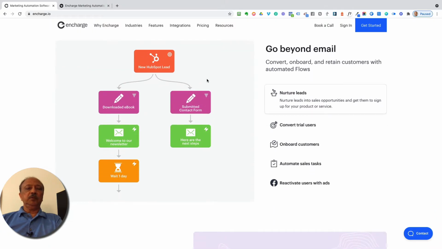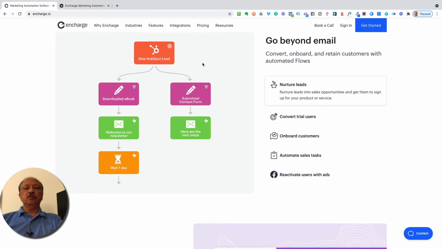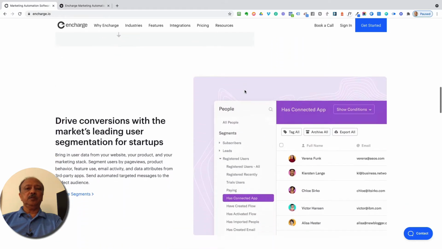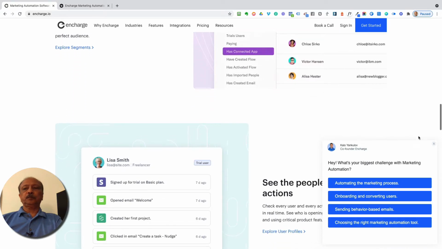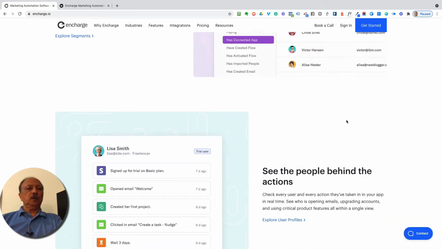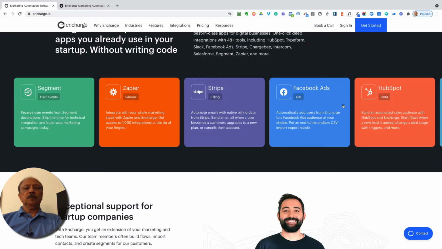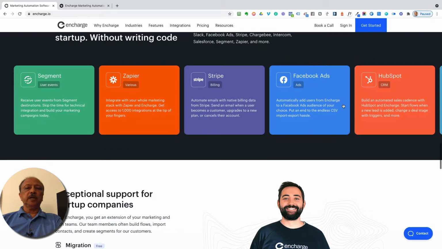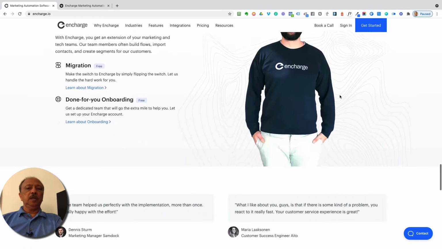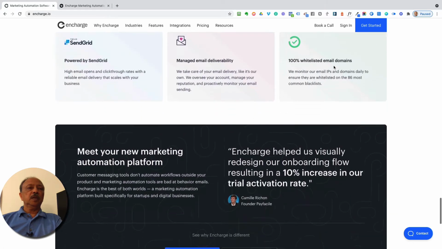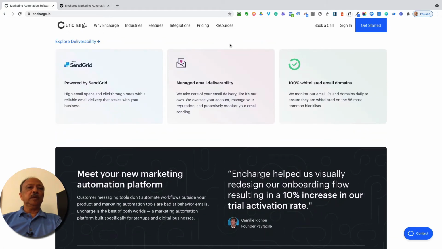It's got a beautiful visual workflow to create your automations, and you also have a bunch of integrations: Zapier, Stripe, Facebook Ads, HubSpot, and many more. They got customer support, very nice, very quick responses. And so let me show you, I just created my account, so there's not a whole lot inside of my